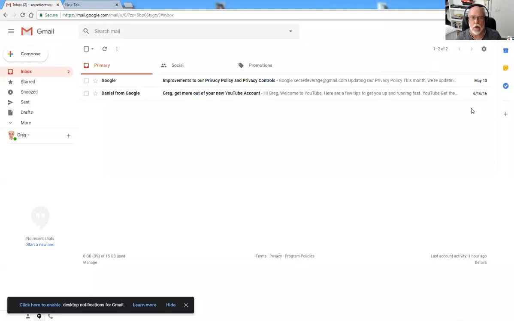We're looking in the inbox right now, and we've got a couple of messages from Gmail welcoming me aboard and talking about privacy and things like that. Down the bottom left, you'll see that there is 15 gigabytes. One of the advantages of Gmail is you can have 16 gigs of storage,